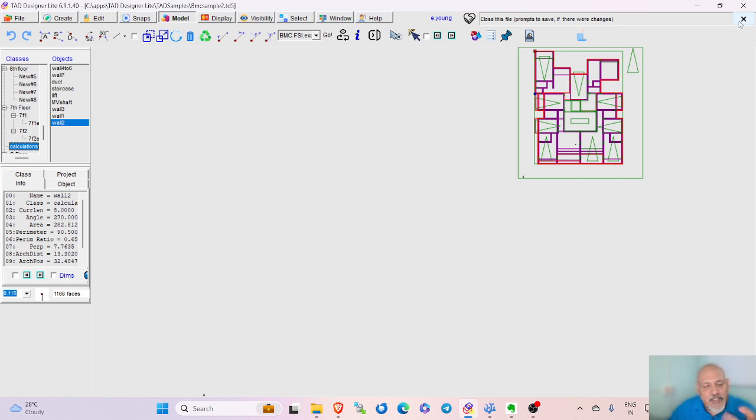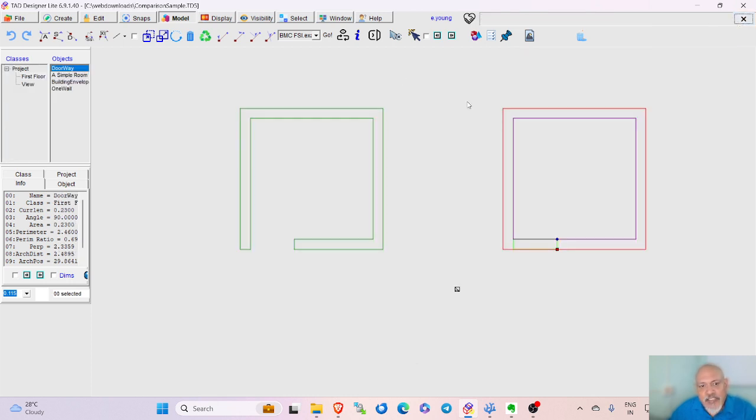So TAD can handle things which are very simple for you. In this case, this was a very simple room, right? But it can be very complex also. And the joy of using TAD is that for very simple things, it may sound a little crude and clunky. But as you start fleshing out various things, you start thinking, oh, you know what, can I get a sight line from here?